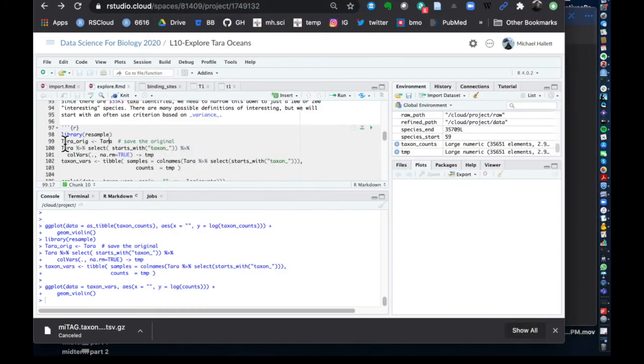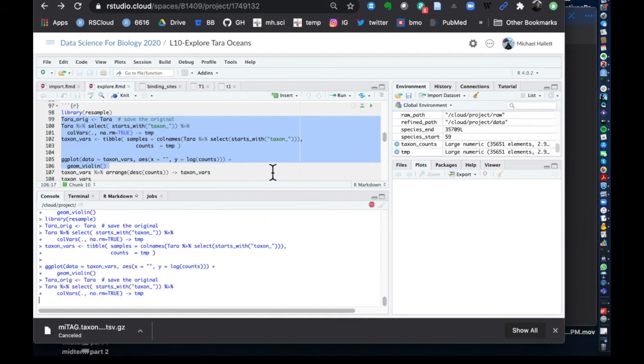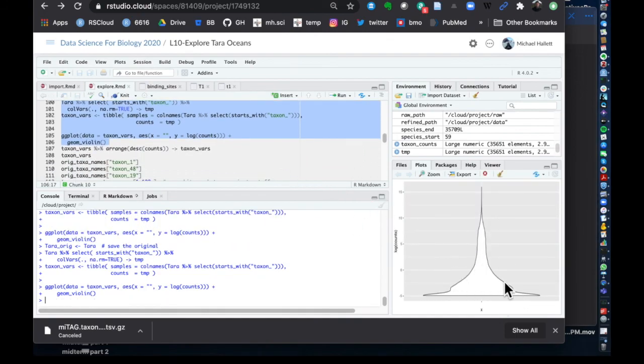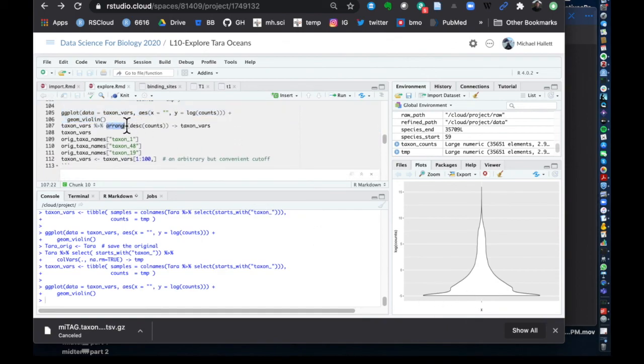Okay, so what I do in this code here is basically compute the variance for each taxon, and I plot that with ggplot. That's just a distribution now of variances, okay? And then that should show up. Yeah, it looks a bit like what we had before, but again you have lots of taxa that have very large variance. And now what I do is I arrange the variances in descending order, and I select the